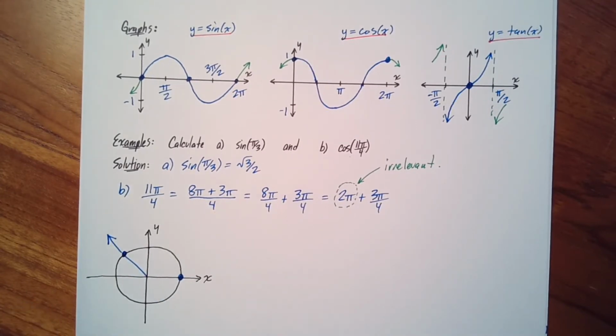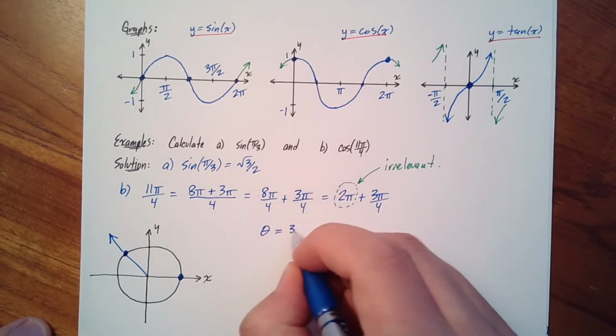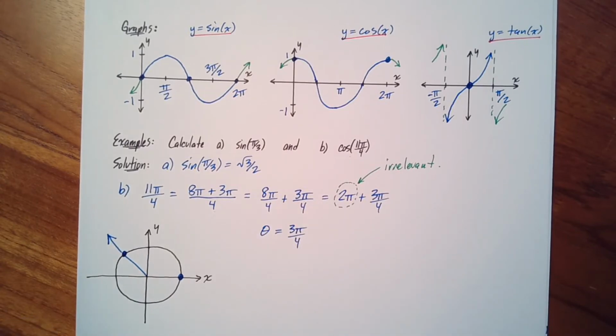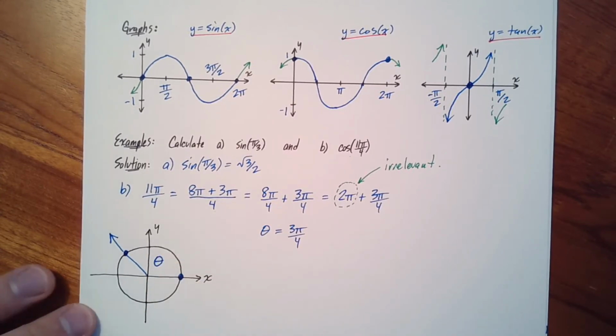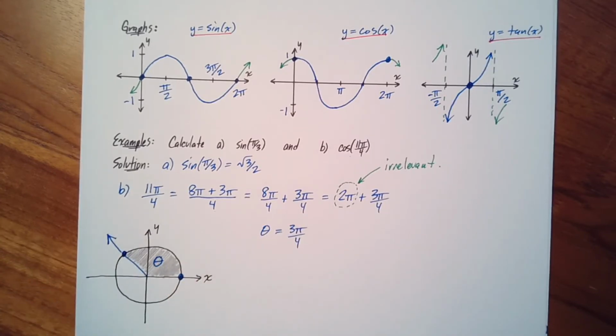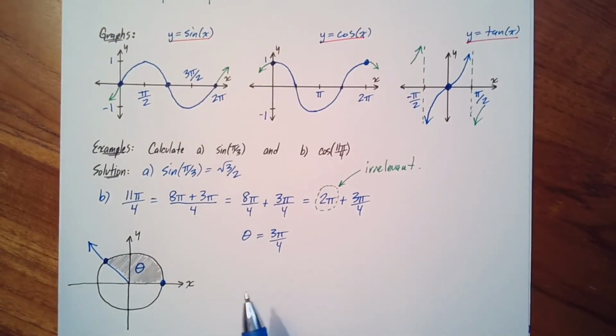Okay? So here's your strategy. We might as well just work with theta equals 3 pi over 4 because that 2 pi is irrelevant. Okay, so our next step, and let me actually just shade that in here to make it clear what I'm talking about. That's our theta, and to make it really clear, I'm talking about this entire angle here. That is your theta. But that's still definitely not going to be in our table because it's more than 90 degrees, or in radians it's more than pi over 2. But the largest value in our table is pi over 2. So we're still not going to be able to get the answer from the table here,